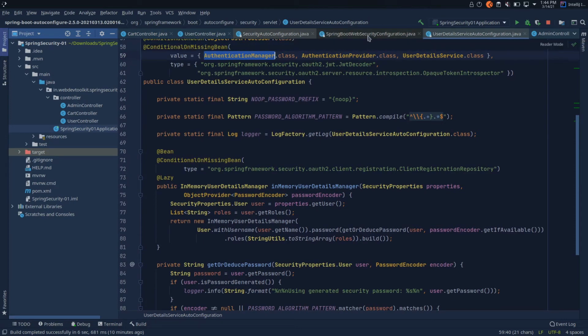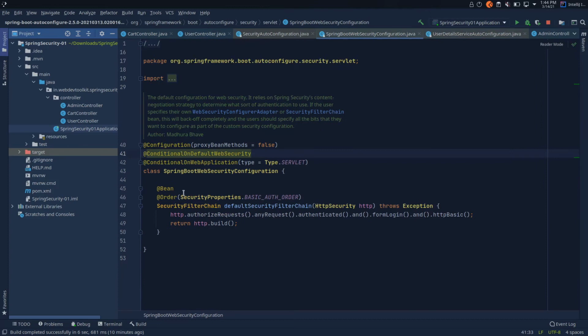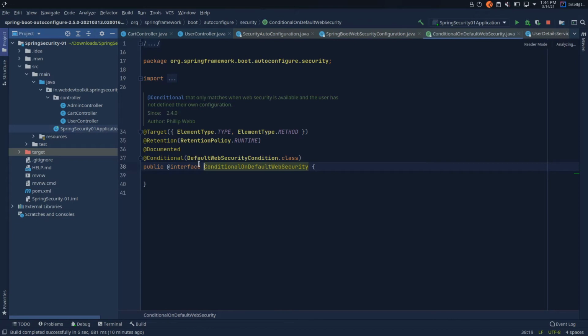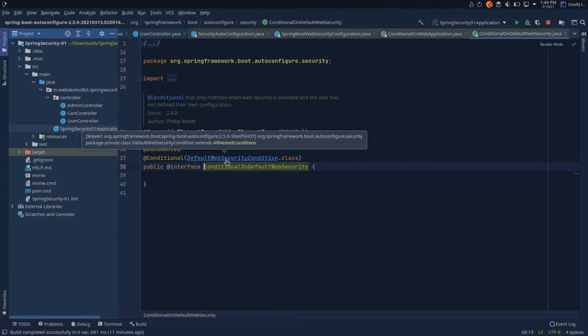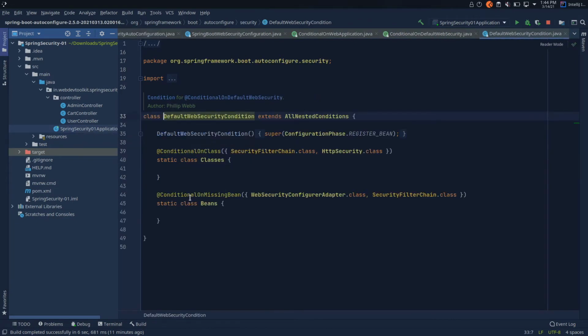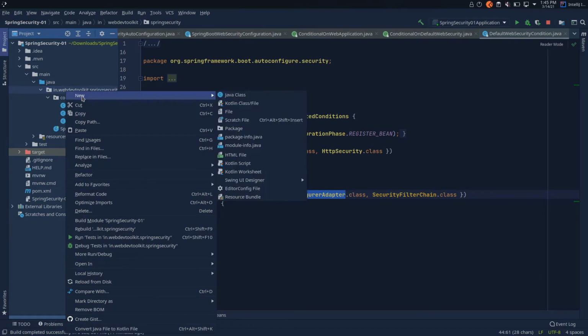In order to get control over this process, let's see how Spring Boot web security configuration gets initialized. So this configuration depends upon conditional on default web security. If we navigate again, we can see if web security configurer adapter or security filter chain beans are missing, then this class gets kicked in. So in order to get control, we need to create one configuration class which extends this web security configurer adapter. Let's create one new class